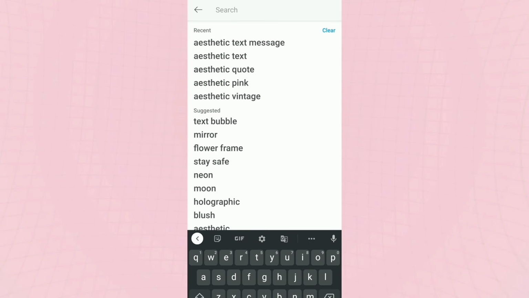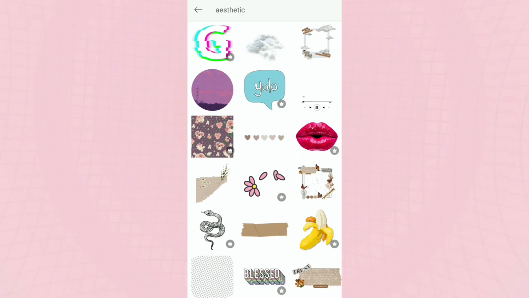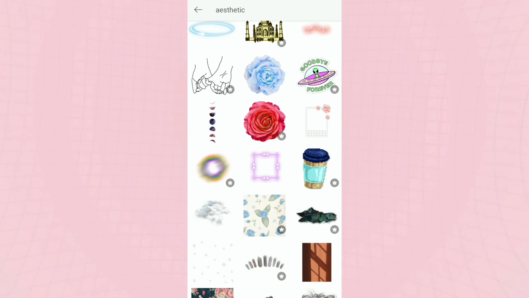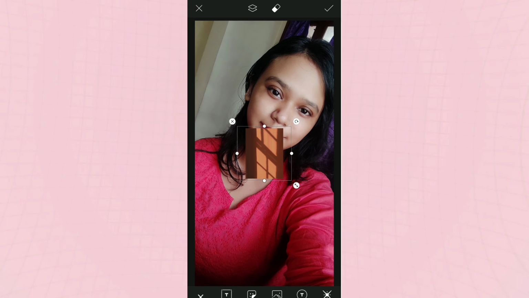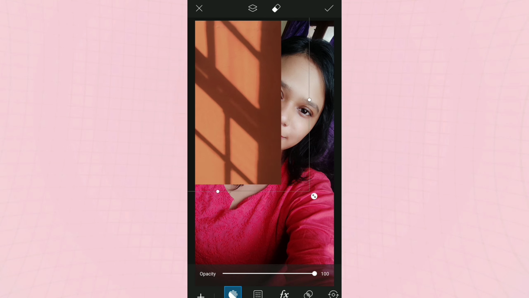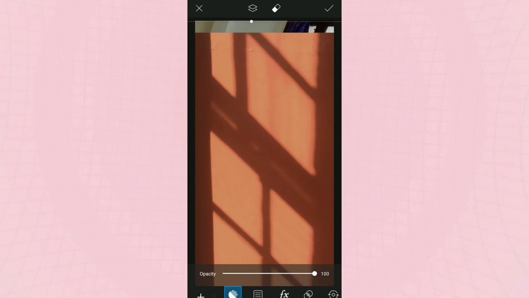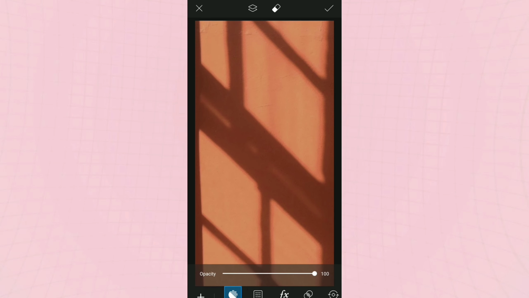So in PicsArt, go to sticker, search for aesthetic, just aesthetic. Like we have seen the window panel sun rays effect on pictures. So this is how you can make it. If the sun is not coming naturally, you can make it like this. Resize it the way you want. I'm zooming it a lot and just putting the sun.